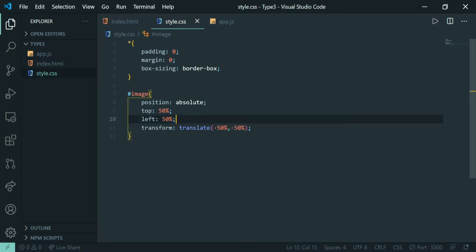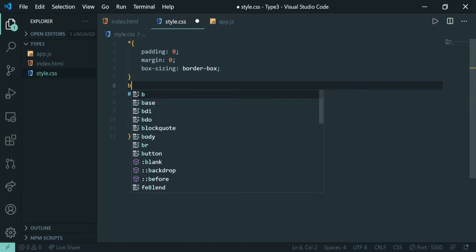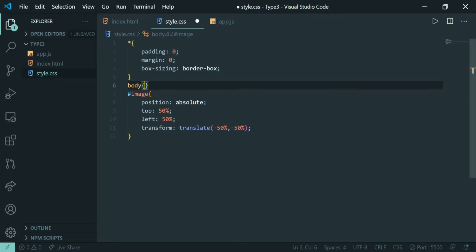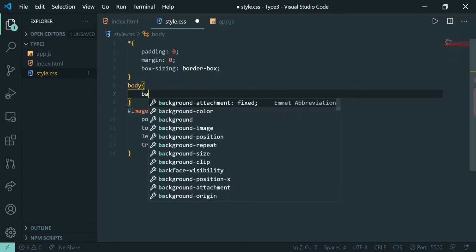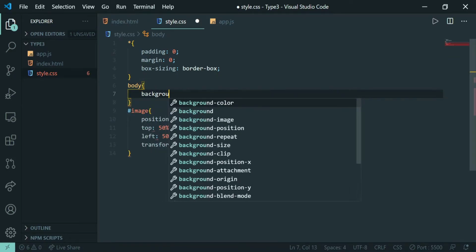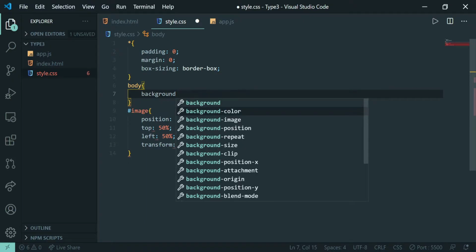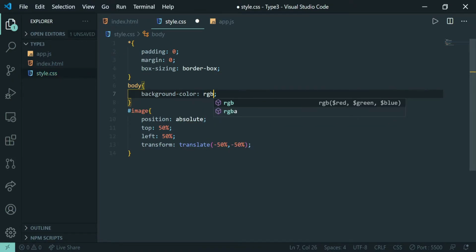so that we can see our text in the middle. And let us give this a background color. So let's give this a background color of RGB 58, 64, 66.